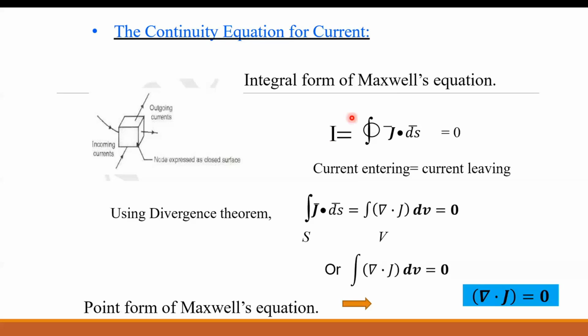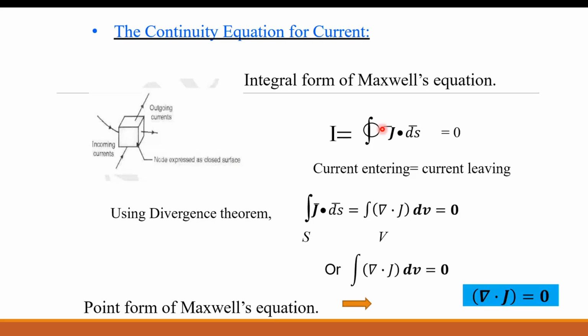So what is I? I is equal to closed surface integration of j bar dot ds bar. But if the surface integration is getting closed, right, means what? If you relate a surface, and if that surface becomes closed, then it will become a volume like this. Okay. So if the surface becomes closed, then the quantity reduces to 0. So I is equal to 0 if this integration is closed.